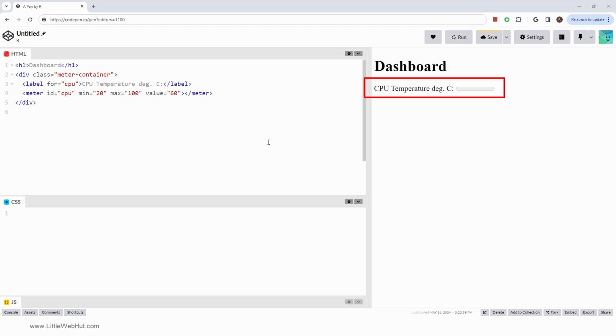Here we have a meter for displaying the temperature of the CPU. The minimum value is set to 20 degrees, and the maximum value is set to 100 degrees. If the current value is set to 60 degrees, which is the midpoint between the min and max values, then the meter display will also be at the midpoint. If we change the current value to 30, which is near the minimum value, then the meter display will be